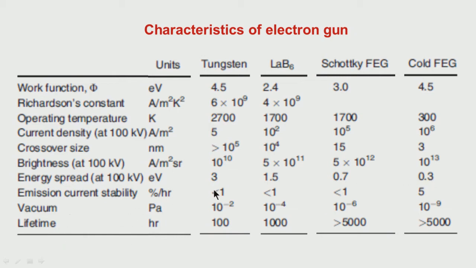Since it is an electron source, we require a vacuum. For a cold emission gun, the vacuum is around 10 to the power of minus 9, whereas with 10 to the power of minus 6 or minus 7, a Schottky field emission gun could be maintained. The other requirements are less, but we will talk about the vacuum system towards the end of this lecture. The filament lifetime is about 5000 hours for the Schottky. Nowadays most of the microscopes are coming with field emission guns, essentially the Schottky field emission gun.